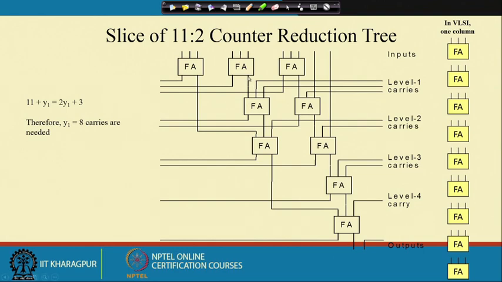So, here whatever sums I am getting from this, I have used 2 full adder cells, one sum here and one sum in this full adder cell, and I have produced how many carries? Total 3 carries. So, 2 carries come for this particular full adder cell, and 1 carry comes in this particular case. Okay. So, then again at level 1 I am producing 2 output carries and 2 sums.